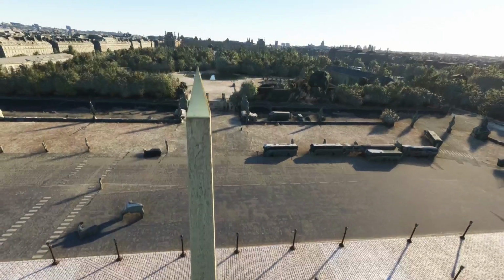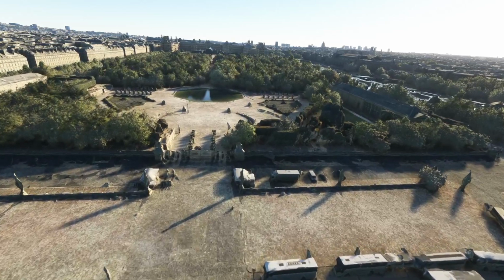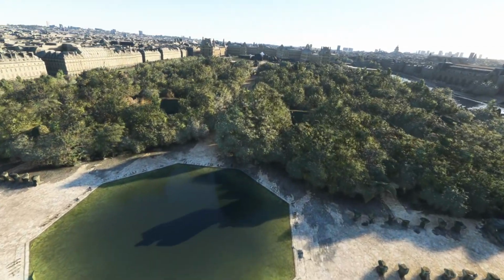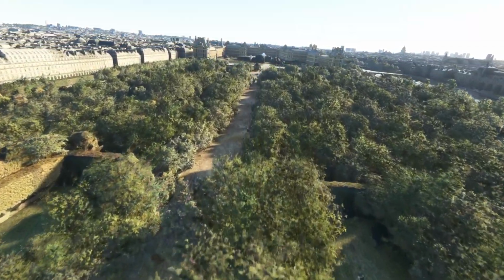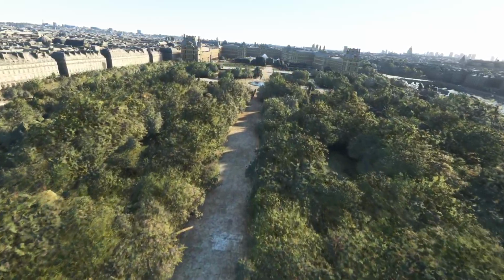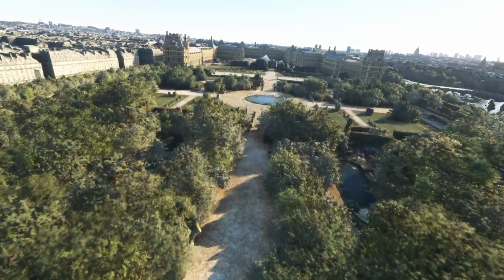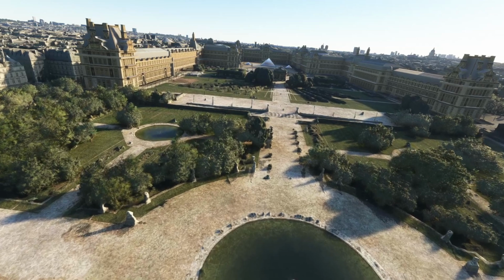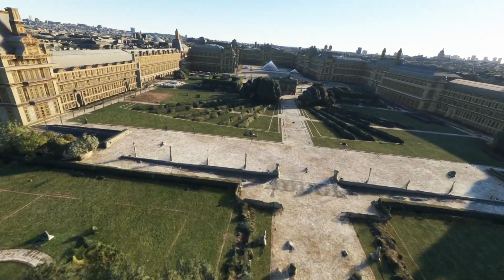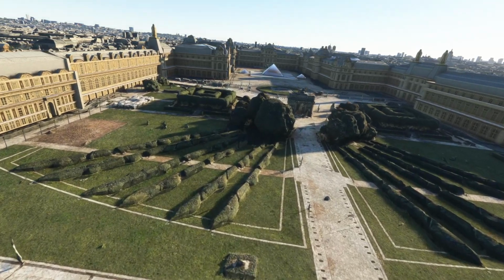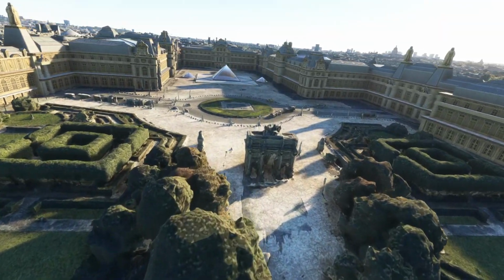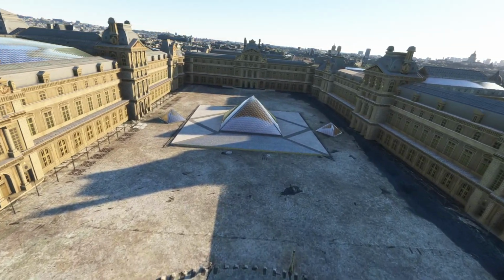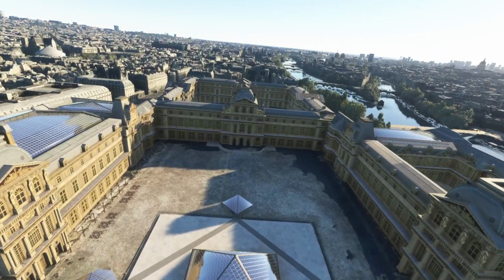Then if you want to keep going, you can go down here and check out the Louvre. The Louvre also, obviously, they spent a lot of time on. You can see already how much sharper and more detailed it is than the surrounding buildings. So they obviously used pictures or something to totally reconstruct it. So it's pretty neat. So then I can go up here, I can look around,